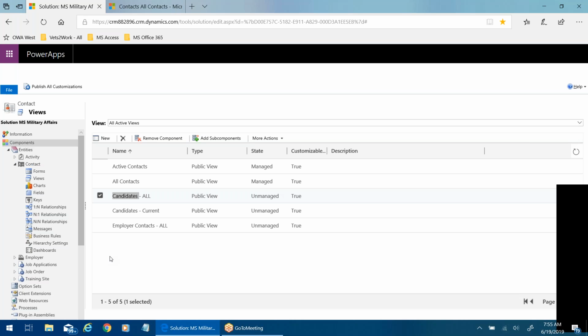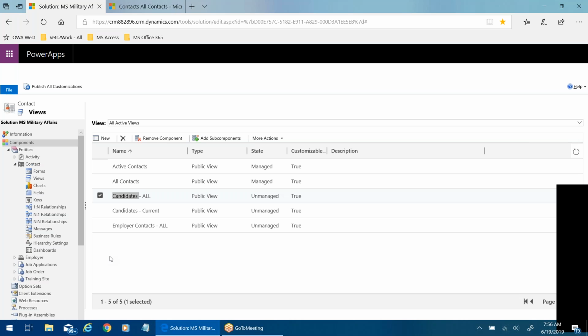Yeah, I'd be interested to see how Julie does that, because the way Victor did it makes sense to me. But if you're just looking at a contact, click new, and then you select the form from there, that'd be interesting to see how to get 365 to do that.